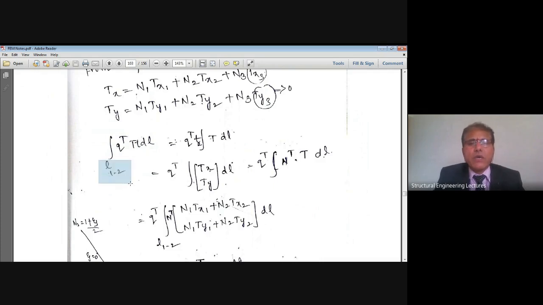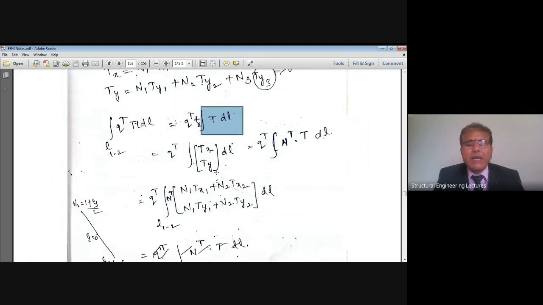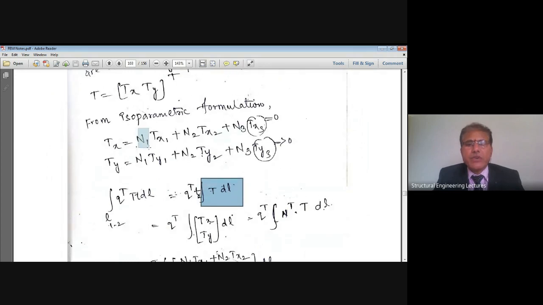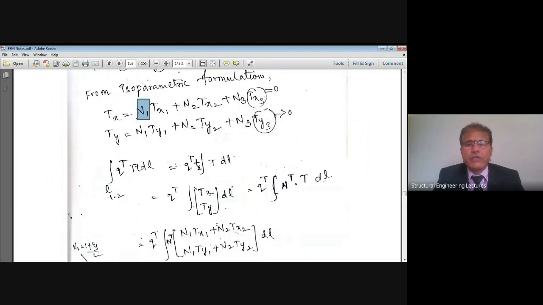Therefore now the traction force is acting on side 1 2, therefore it's a length L12. If I take the work done by this traction force, then I can say that Q transpose can be taken out of integration. Thickness is also constant. Therefore, now what remains inside of the integration is integration T multiplied by dl. But T depends upon the shape functions. It cannot be taken out of integration.